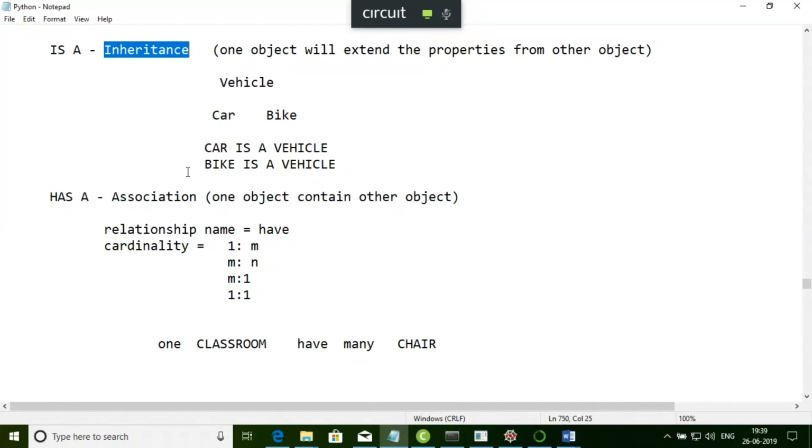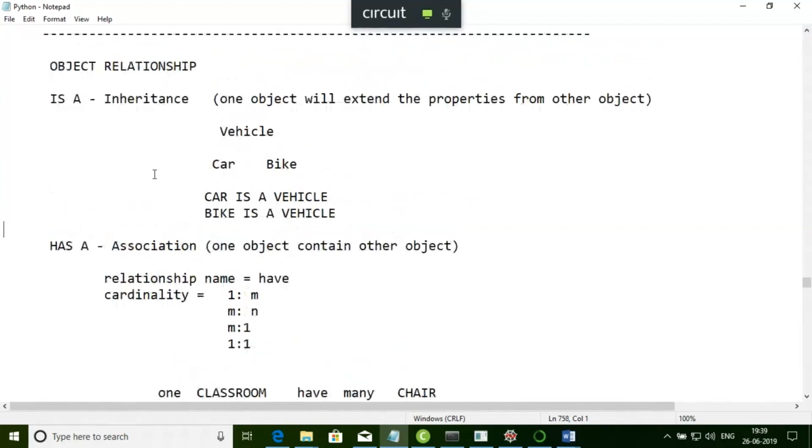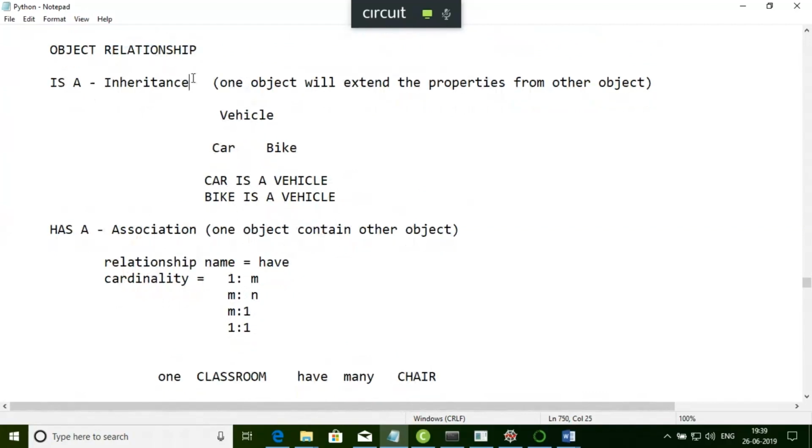Now the question is how I can implement the is-a relationship and the has-a relationship using Python. This is another important OOPs concept. So far we talked about the OOPs concepts of class and object. The third OOPs concept is inheritance. Inheritance is another important OOPs concept. So we will explore inheritance as well as association here. I'll give one example of association also using